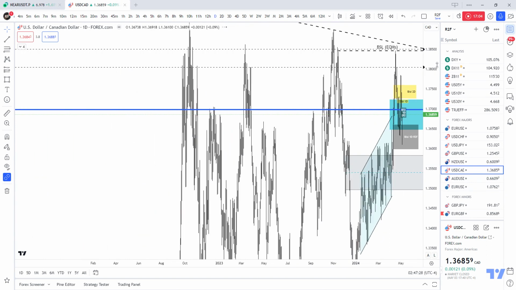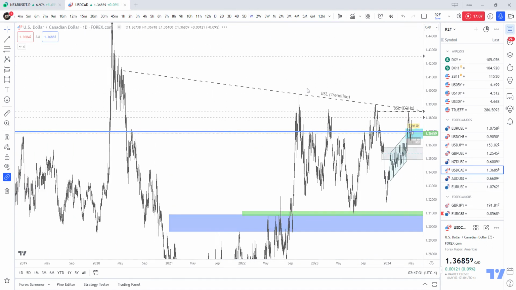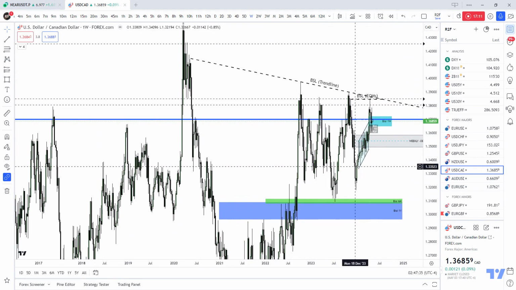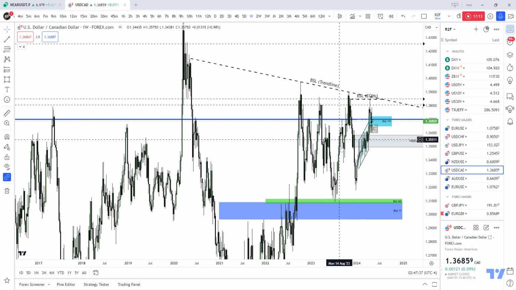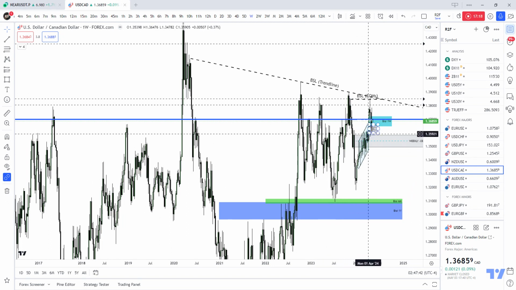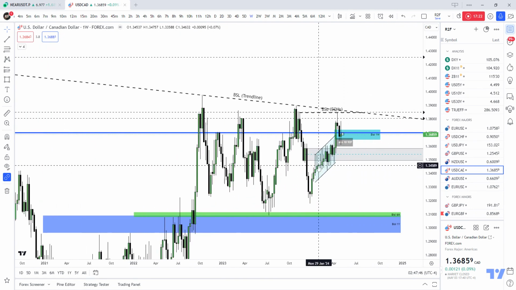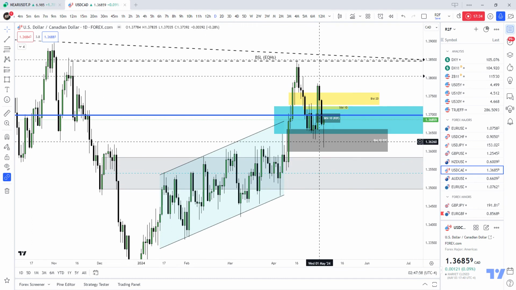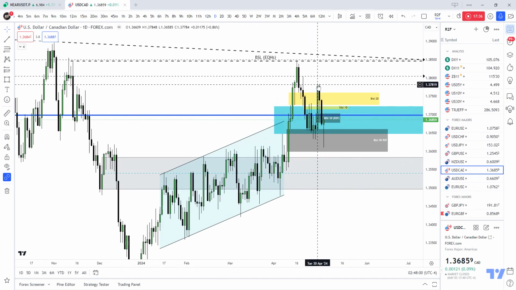All right, so dollar CAD, we have these relative equal highs, and we have this trend line here, which I anticipate being broken. Price came down to its order block, went all the way, took out this high, came back to this gap, another order block here, and started consolidating in an upwards channel for quite a number of weeks and months, and before finally expanding up, creating these equal highs, coming back into this 1 week busy and my signature 1 day inversion fair value gap. Came into there,